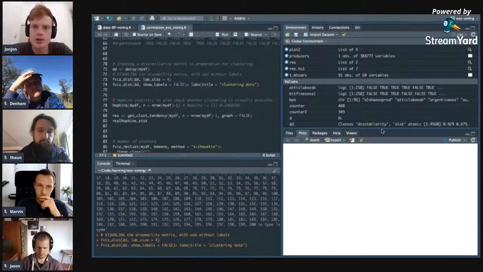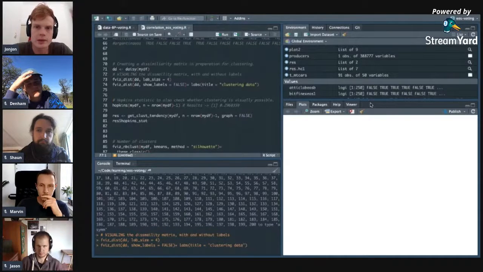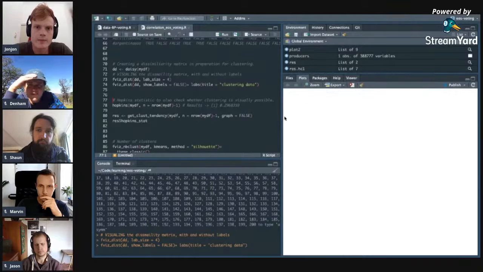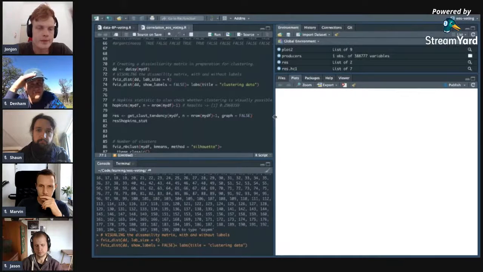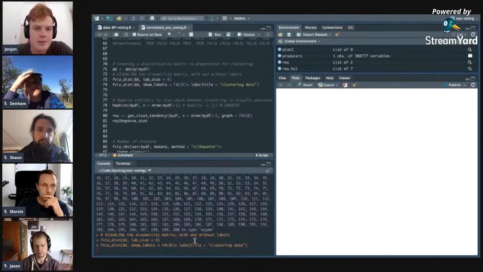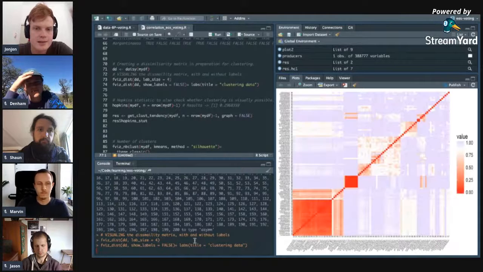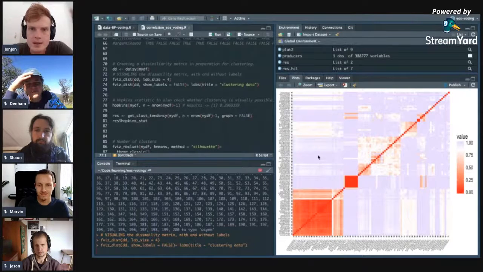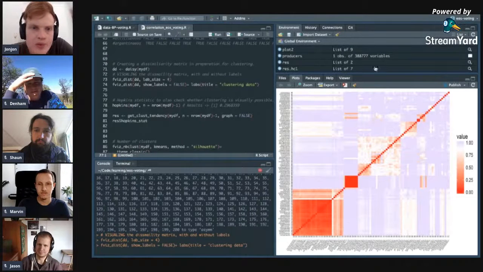I think my plot's not showing here because maybe this wasn't big enough. Yeah, again, you can still see it's executing. It's taking a little bit of time because when I stream my screen, my computer just dies out. There we go. Okay, so this is a dissimilarity matrix in the form of a heat map, if you've